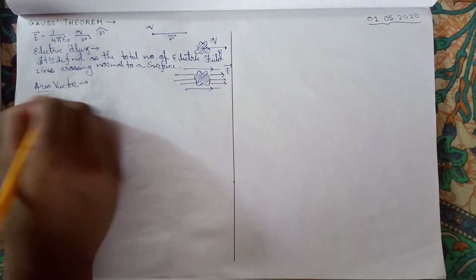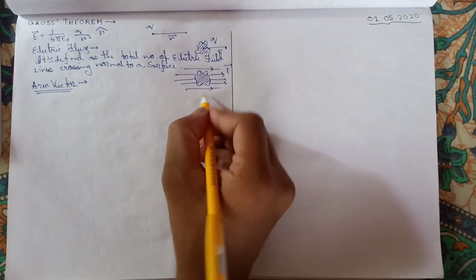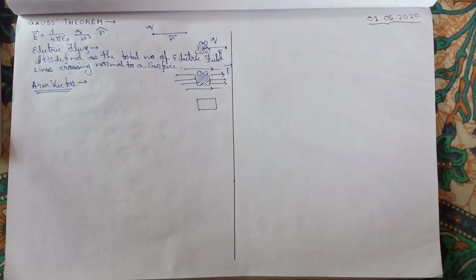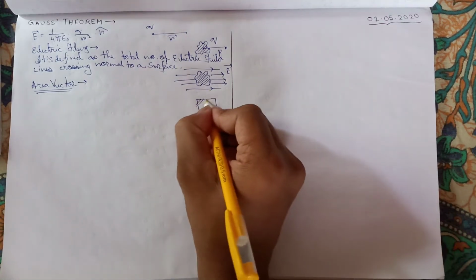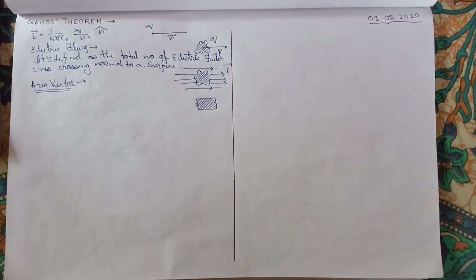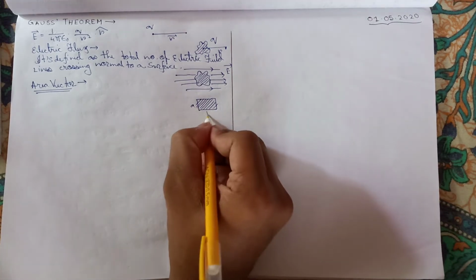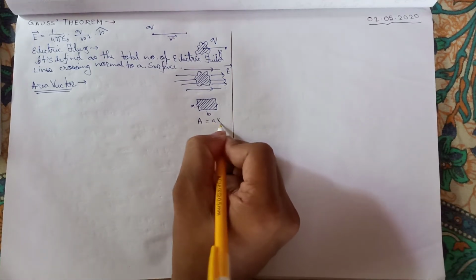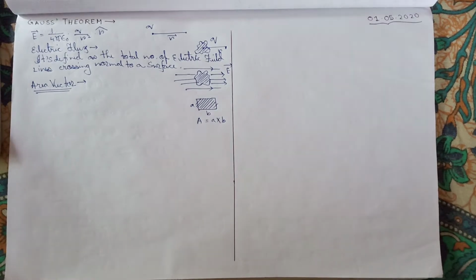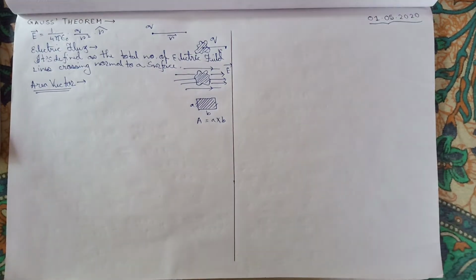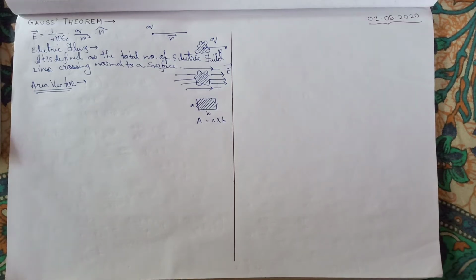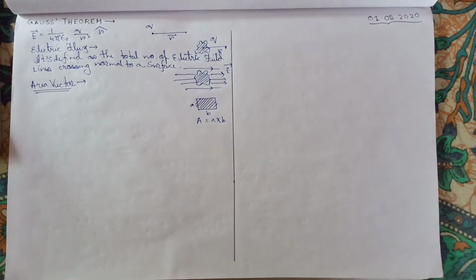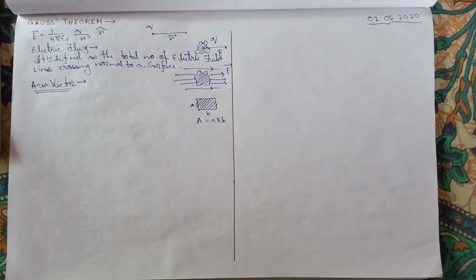What is area vector? Generally we say it is a rectangle. So what is its area? This is the area. But here, in case of such numerical problems, we will not only take the magnitude of the area. That means the magnitude of the area is A into B, length into breadth, right? So for numerical purposes, we will not consider area as only the value or the magnitude of the area, that is, only a scalar quantity. We will also consider the orientation of the area.